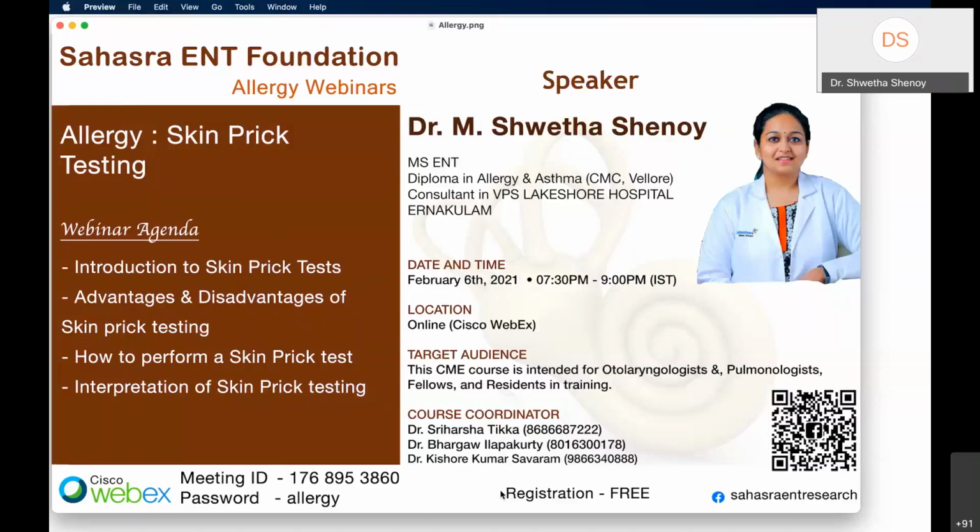In fact, SPT will help in strengthening asthma control by adding avoidance measures to all what you do for the patient. The antigens tested may not be same as that of local prevalence. Yes, that is why you have to know the local allergens, and probably even procure local allergens, but standardization is very important when you procure it also.